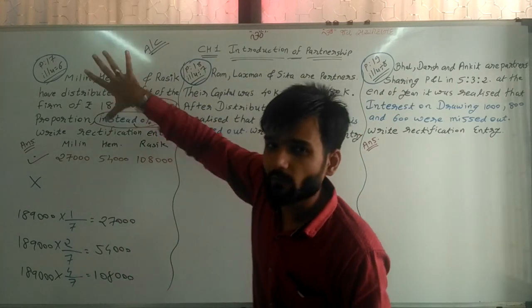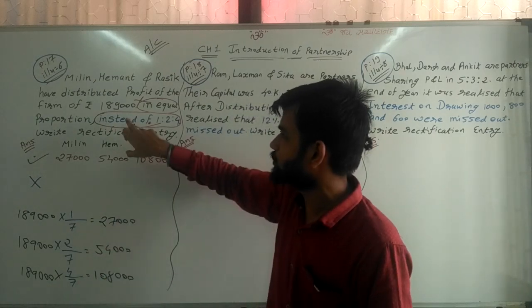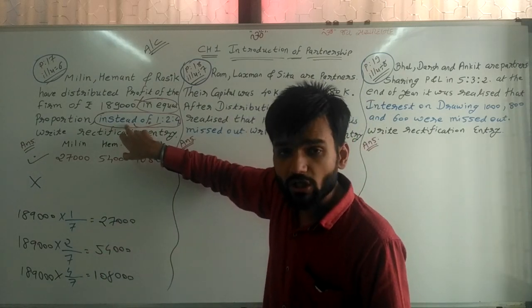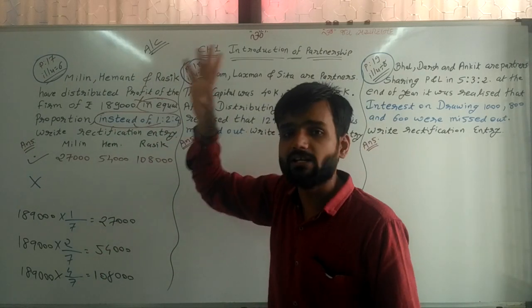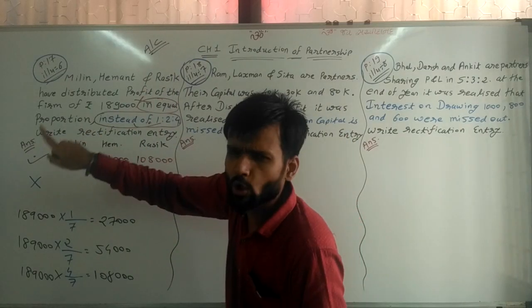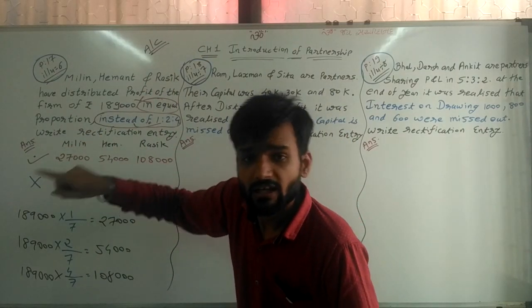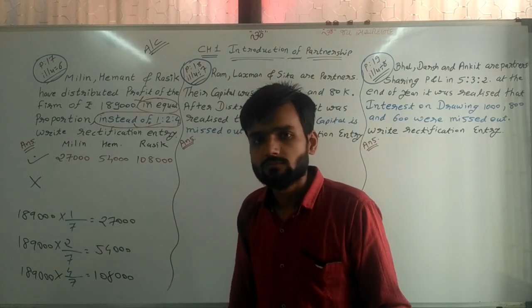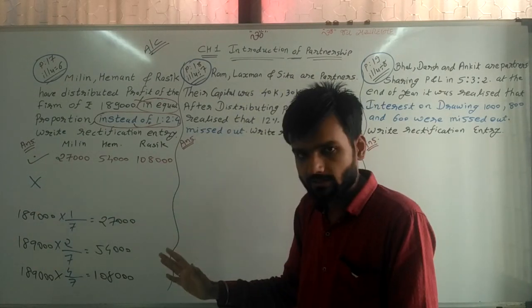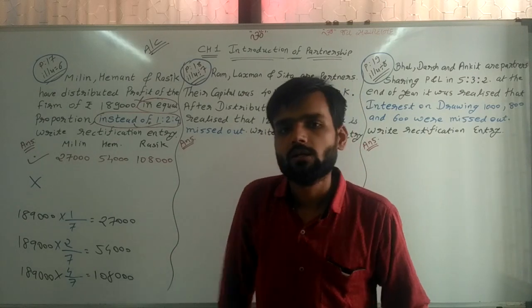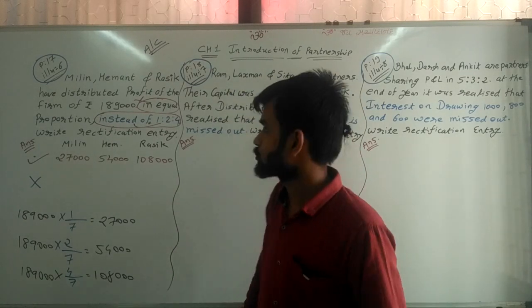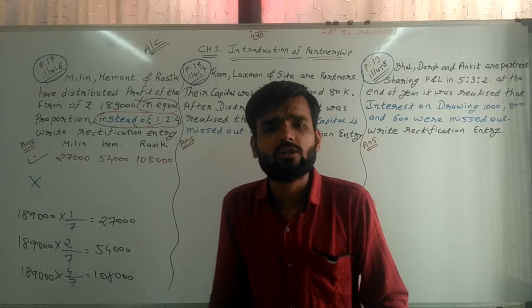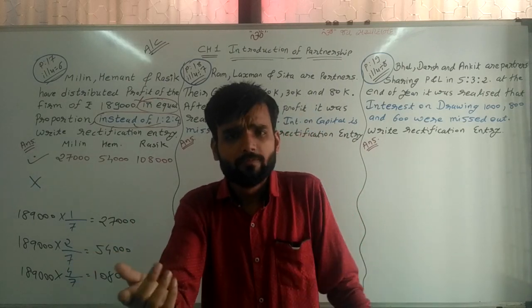In that question, first of all decide what you need to decide. Correct calculation, correct distribution. Second, decide wrong distribution. First, always write correct. And second, always write wrong. So first correct distribution is done. Now we are distributing in wrong proportion. Now wrong proportion is equal proportion. So it is very simple.